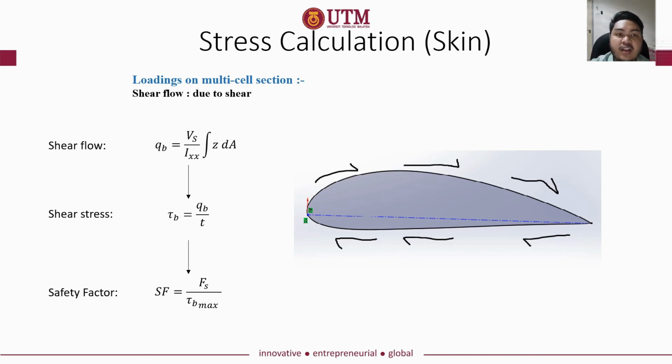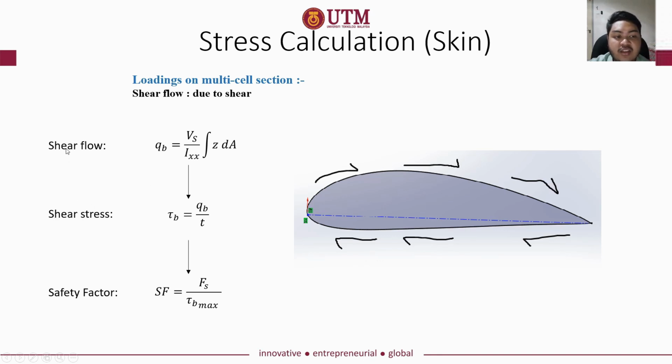Okay, for the analysis of the skin, we take the positive deflection and also the negative deflection. The flow for the calculation is, first of all, we calculate the shear flow, which is represented with Q. Vs is the shear; in this example it is due to shear, so Vs is the maximum shear. If it is due to torsion, we take the maximum torsion,